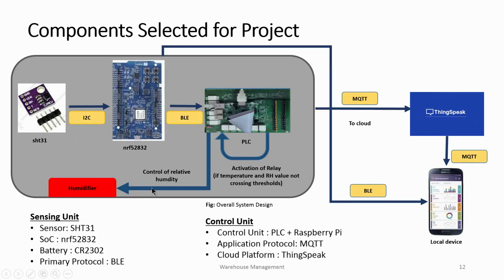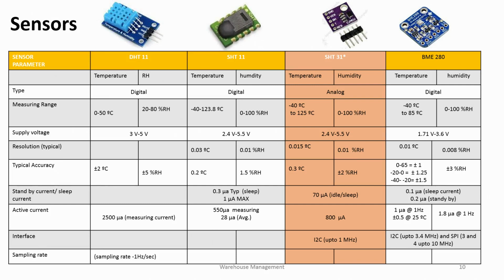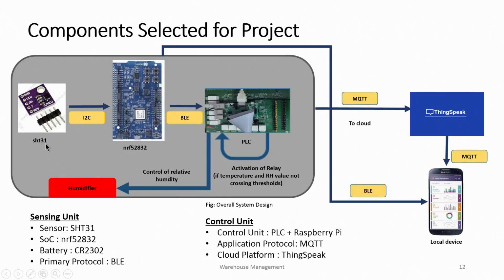Then they go into component selection. Look what they do, they choose NRF 52832 as their first choice. They know that they have to interface it with SHT31, and they know that SHT31 indeed is out here an analog sensor. So, it will have to be connected to the analog input of the microcontroller. So, SHT31 over a digital bus, 2 wire